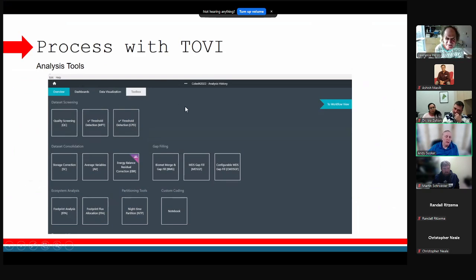Then for some of the sites that we're working on with this ARPA-E project, we're using TOVI from LI-COR. TOVI is a screening and gap filling software package. It screens and gap fills fluxes, and then it also screens and gap fills environmental data: temperatures, incoming solar radiation, maybe net radiation. I can't remember right now. So it's basically a big time saver because you can fairly quickly